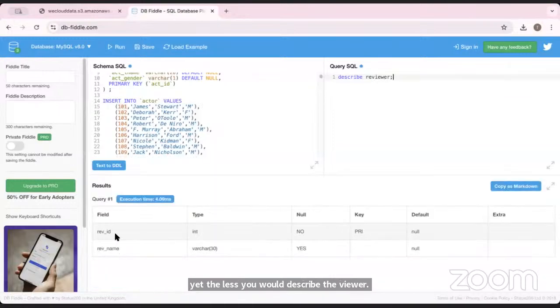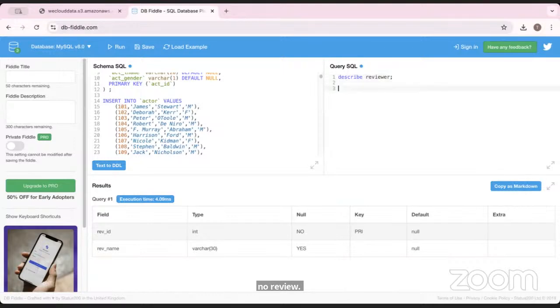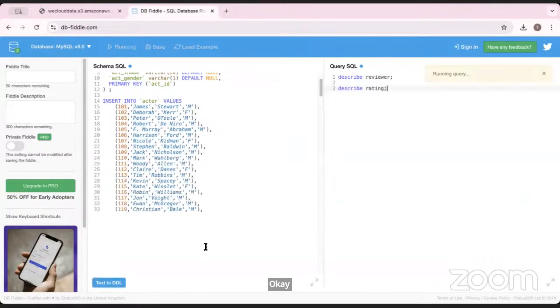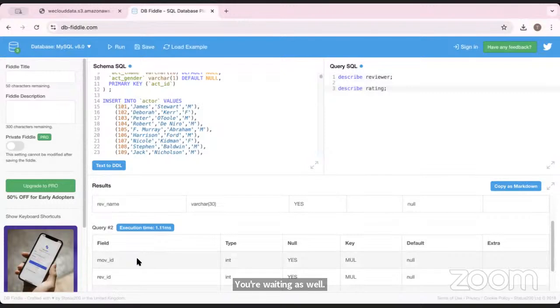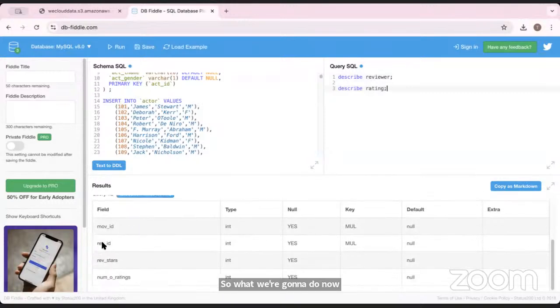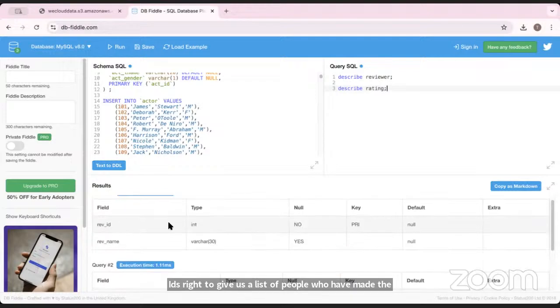Okay. So in reviewer, we have the review ID and the name. So there is no review. What we really need to do is look at the rating as well. So what we're going to do now is use the rating to give us a list of review IDs, a list of people who have made a review, and then filter it into our reviewer table. So step one,